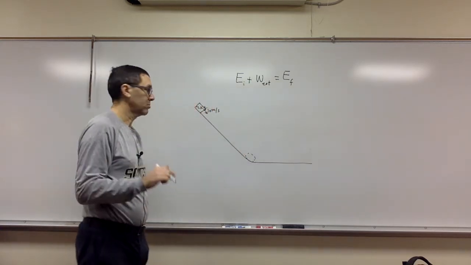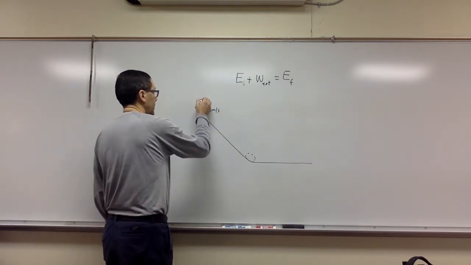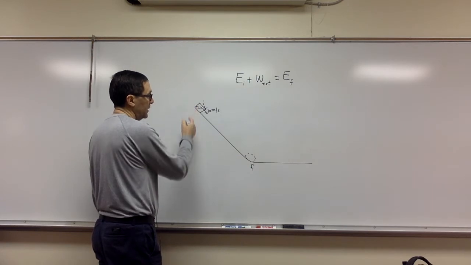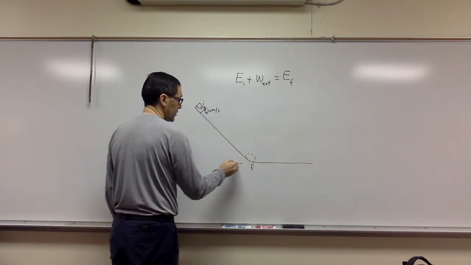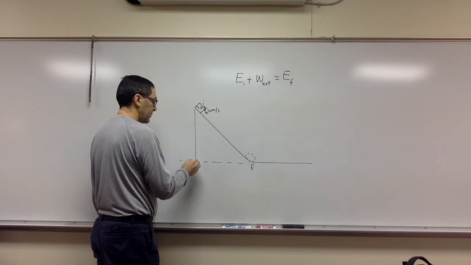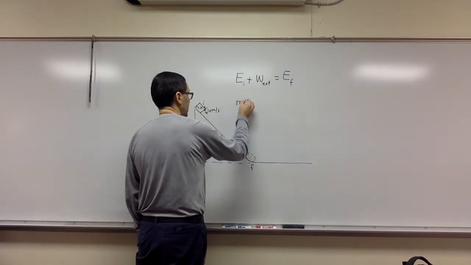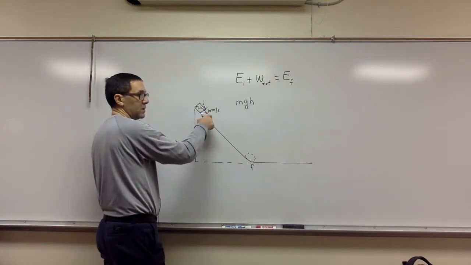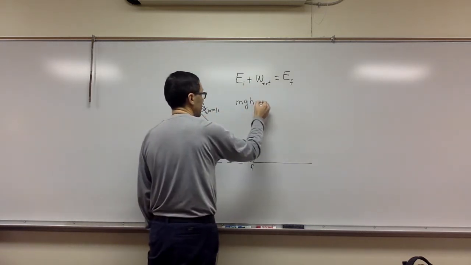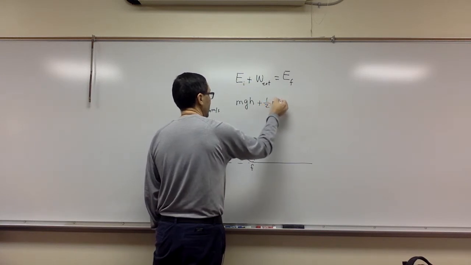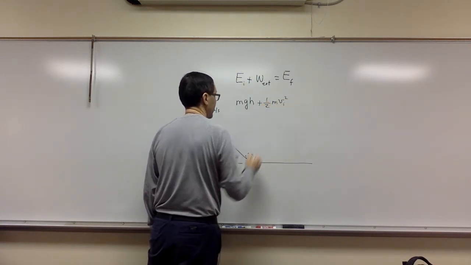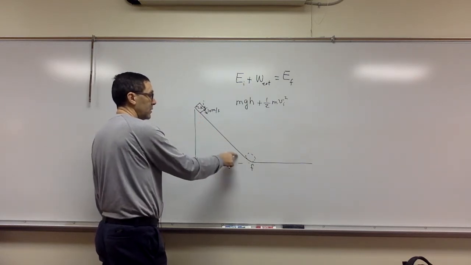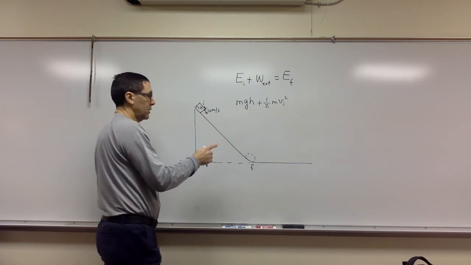if there is no friction. All right, so I'm going to look at this as my initial state, and this is my final state. So initially, I have gravitational potential energy because I'm elevated. I'm using this formula here. Do I have kinetic? Yes, because it's moving at this level, plus 1/2 m v initial squared. Now if there is no friction here, there is no external work, so there is nothing there for the work,